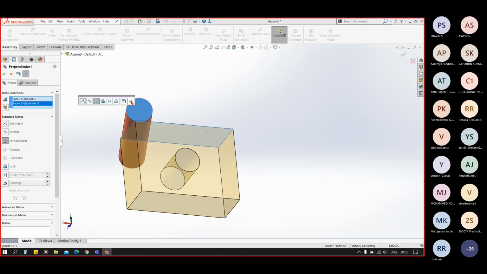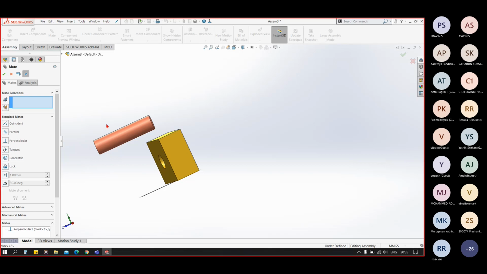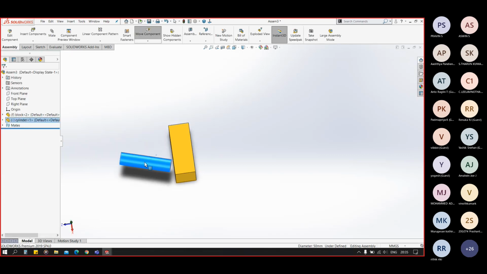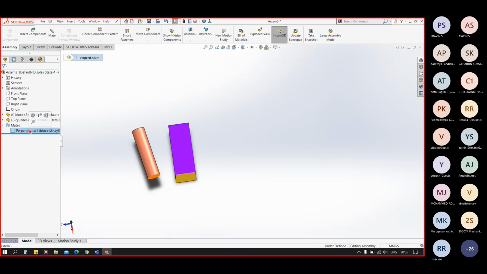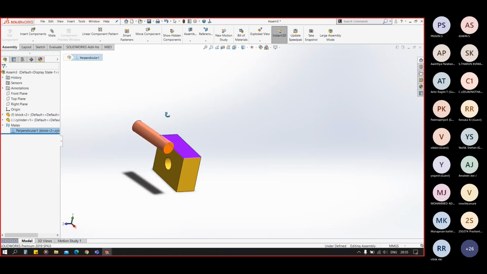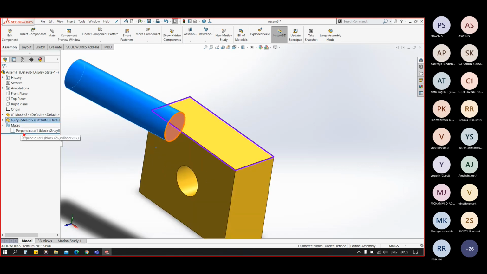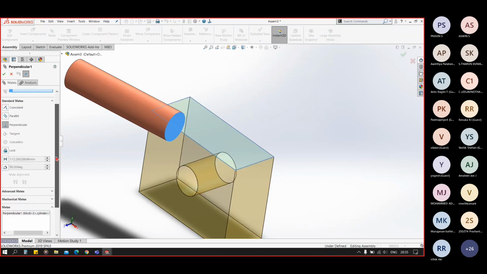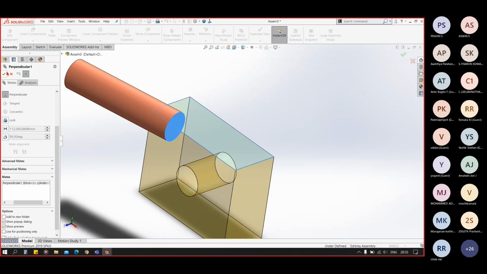You can see we have both the faces perpendicular. Sorry, there is some mistake, I guess. Yeah, these are the both faces, those are highlighted in colors. Okay,